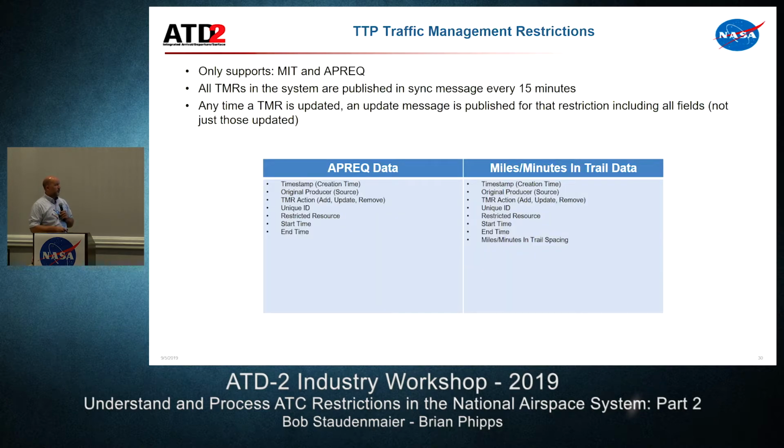Once we add the fix closures in, it'll look very similar to this, but each one has a timestamp for when it was created, a source from where it came, an action to indicate what is supposed to be done with that restriction, whether it's a new one we're adding, updating, or removing, as well as a unique identifier, the resource being constrained by the restriction, and start and end